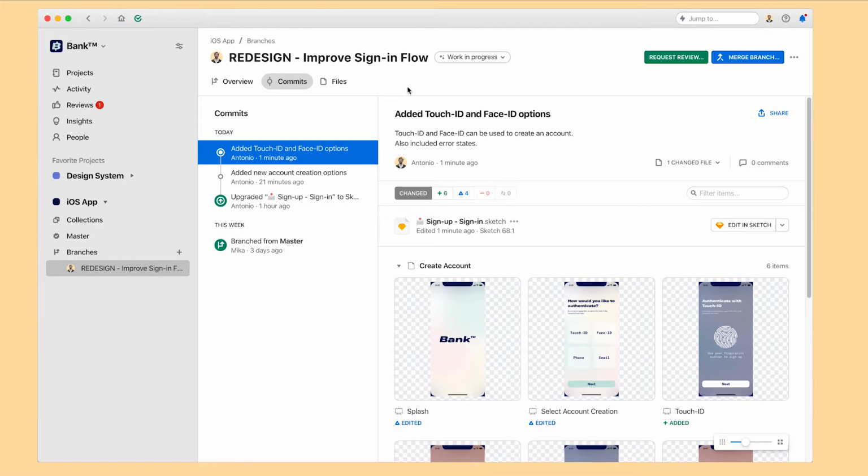Finally, let's take a look at the commit in Abstract. You can see that there's a Commits tab on my branch, and that I have a bit of a commit history here, which is like a timeline of my design process. The newest commits, like the one I just made, are at the top of the list, and the oldest commits are at the bottom. If I click on the commit, I can see the title and description that I wrote,